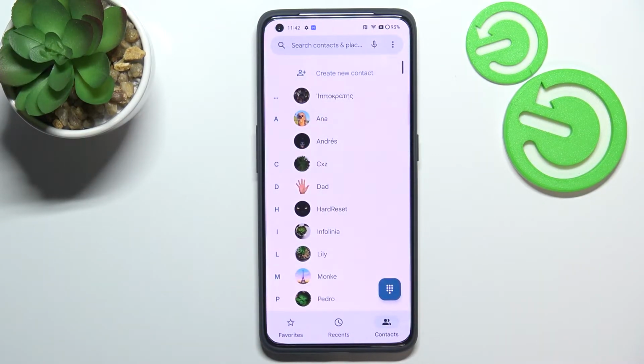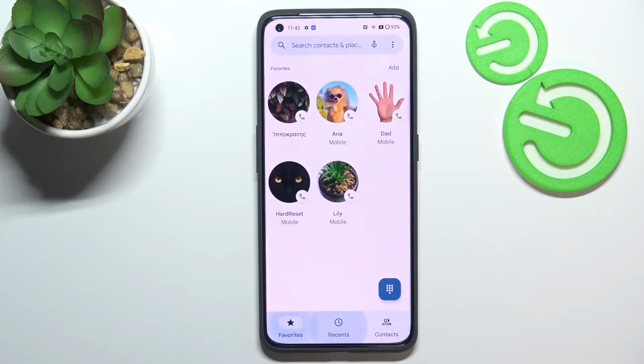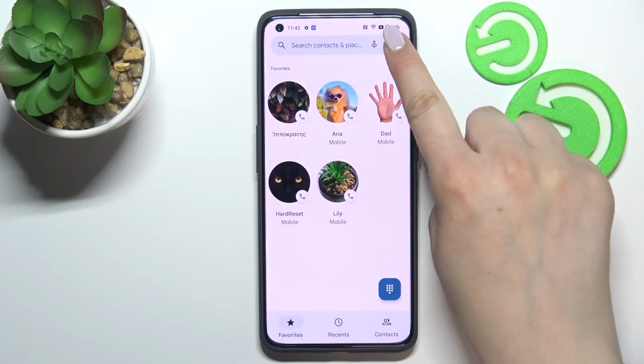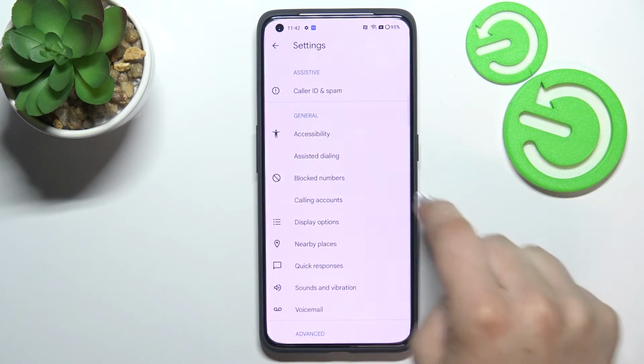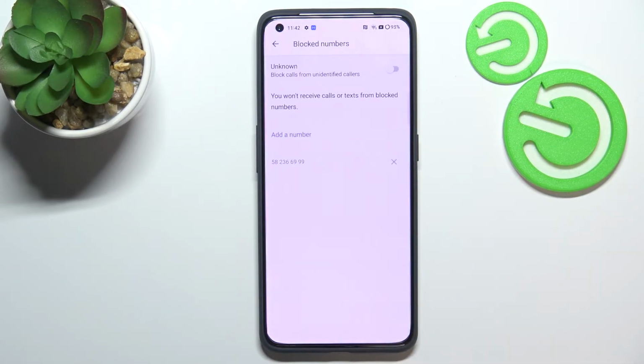So now we can go back, and the second way to block a number is using the settings, and here it doesn't really matter if you will be on the contacts, recents or favorites. Just tap on the three dots icon and enter the settings. As you can see, in the general section we've got the blocked numbers, so let's tap, and here we've got our blacklist. This is the number actually which we've just blocked from our contacts, so everything went fine. We've blocked it successfully, and here from this step we can add a number manually,